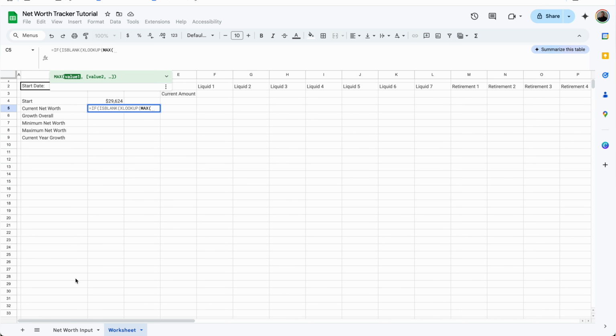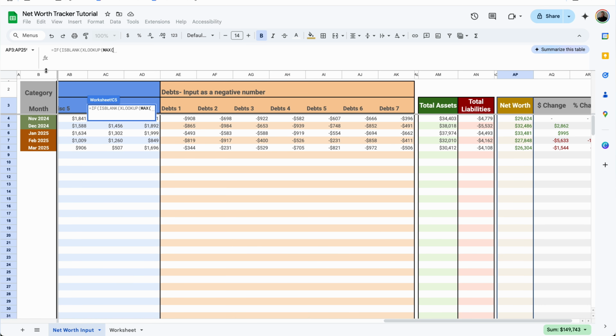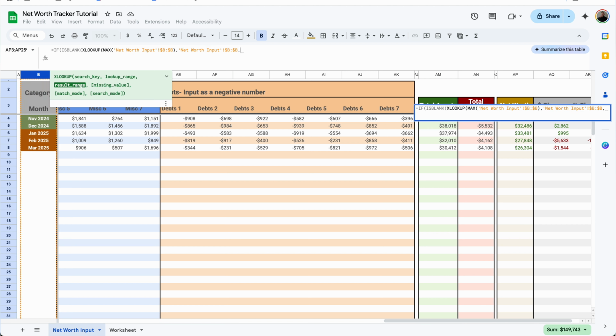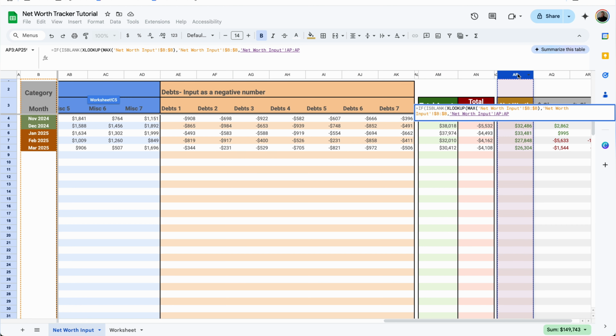MAX, open parentheses, go to our net worth input, select all of column B. I'm going to go ahead and anchor that in, close parentheses, comma, all of column B. Let's anchor that in, comma, and then select all of our net worth, which is in AP through AP. We'll close the parentheses twice and put a comma. So this is saying if the maximum of March 2025 is blank, then we're going to do this next part